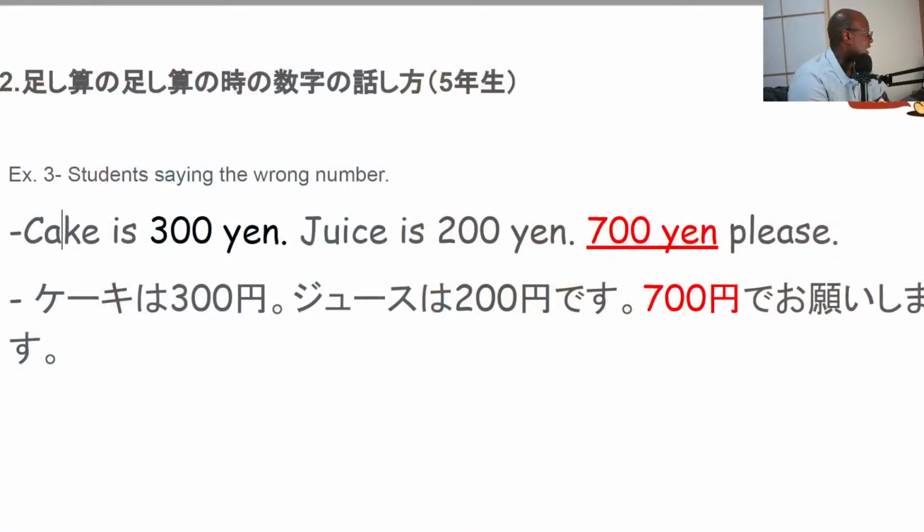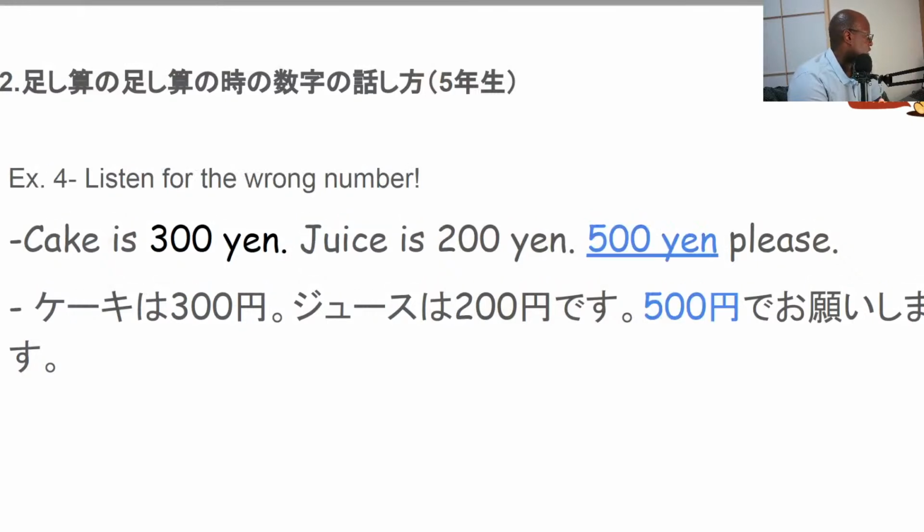Okay? So let's go into some more about that. Okay, so we have that. The cake is 300 yen. So what should it be? Okay, we wanted to say cake is 300 yen. Juice is 200 yen. 500 yen, please. Okay,